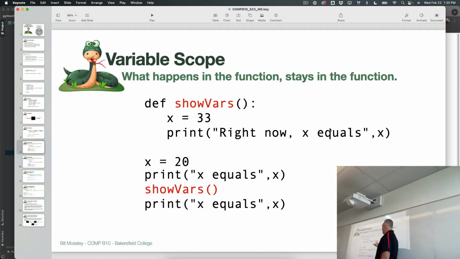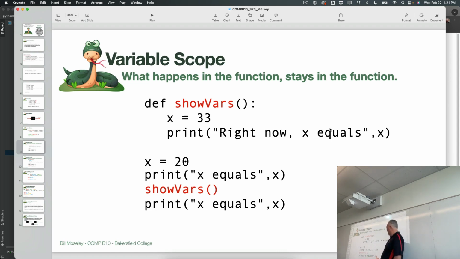When it prints this, it's always going to say right now x equals 33. So if I use that function in this code here, where the first line of the code says x equals 20, then it prints x equals 20, and then it executes that function, or I call that function, where it sets x to equal 33, and it prints right now x equals 33, and then it prints print x equals,